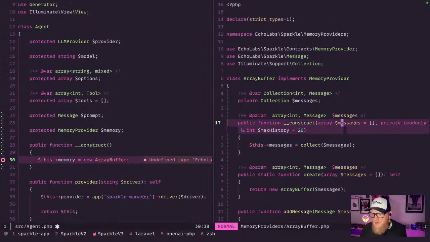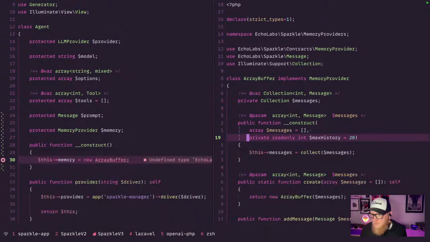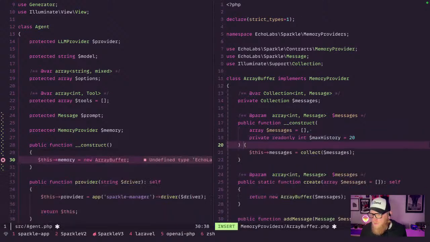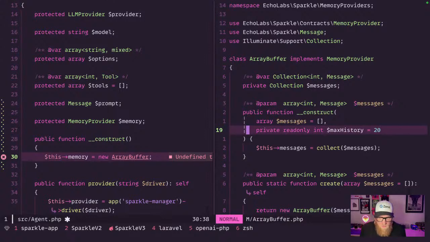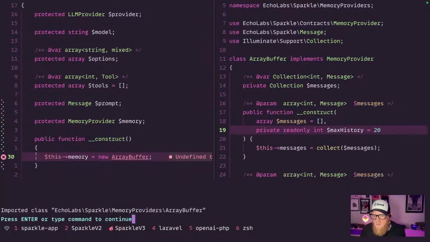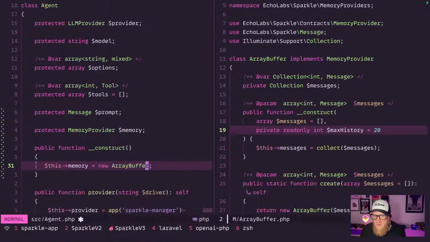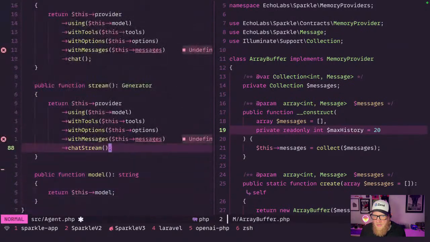Sorry, I'm going to make this a little smaller so I can read it. That's actually why I like doing this. It just makes it a little easier to read when I split. All right, so it takes in messages. We have a max history of 20. We're going to assume some stuff works. Okay, that looks right. We're just going to leave defaults because we like defaults, and then I think we're going to want to add in a